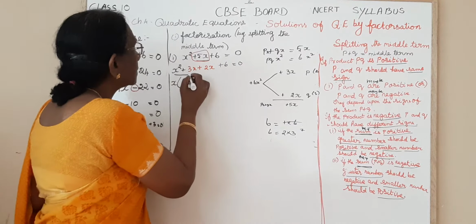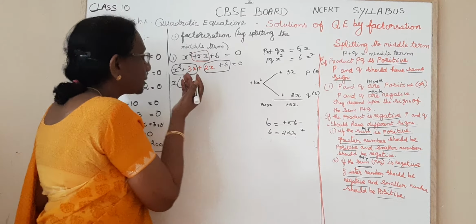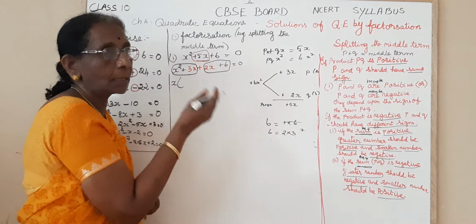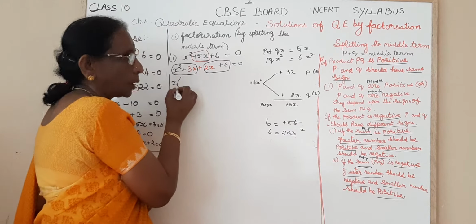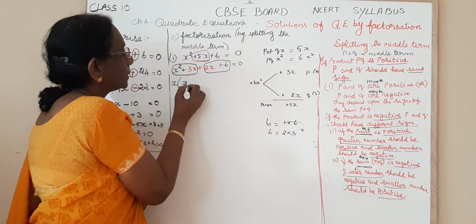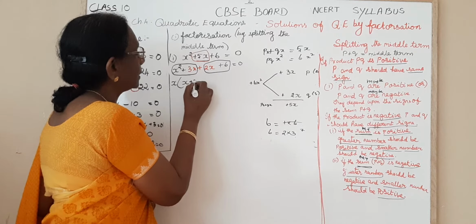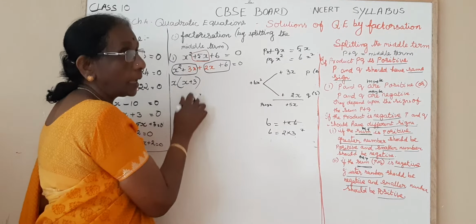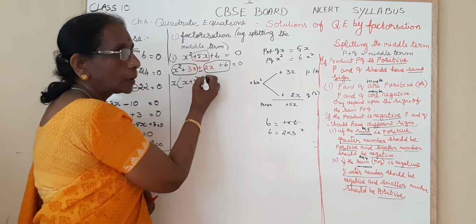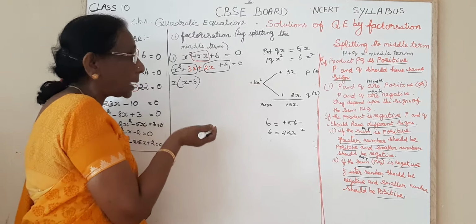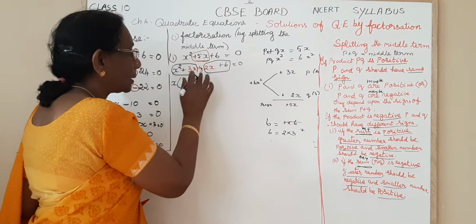We are grouping into this, and then we are going to group this. So from this you take x outside. That means you are taking the common factor out, dividing each term by x. So when you divide x squared by x, x will be the quotient. And when you divide 3x by x, 3 will be the quotient. So x plus 3. Are you getting it? Next, you should write this sign. This is very important. You are not writing into factors now because we didn't get that yet. We are going to get the linear factors, so before that you should not leave this sign.